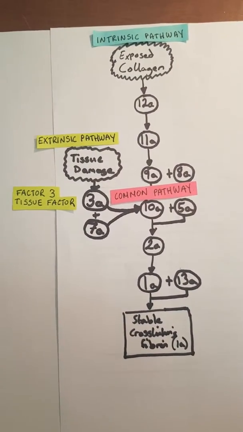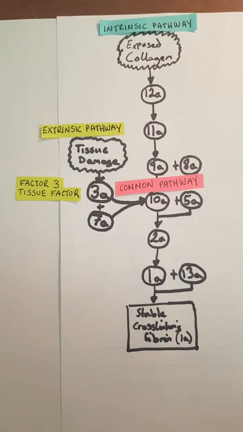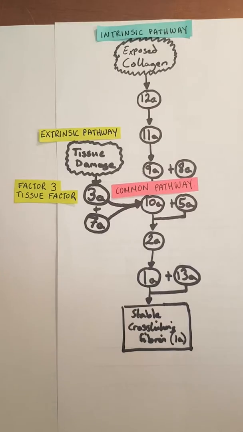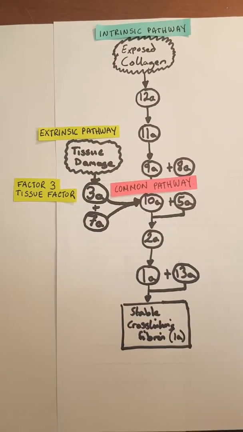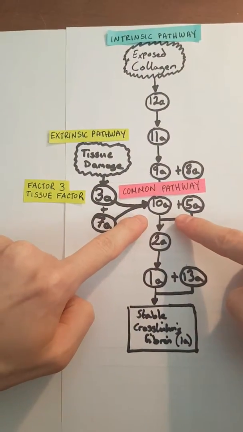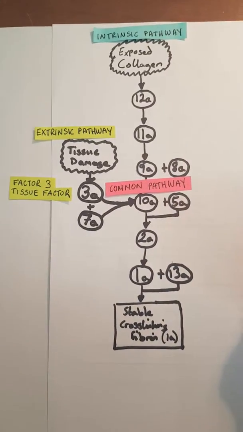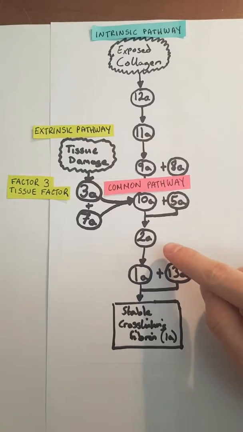So the final pathway we're going to consider today is the common pathway. After the extrinsic pathway has turned the key in the ignition and the intrinsic pathway has begun accelerating the process, both these pathways lead to the common factor 10. Now factor 10 is the start of the common pathway, and it, alongside factor 5, work together to activate factor